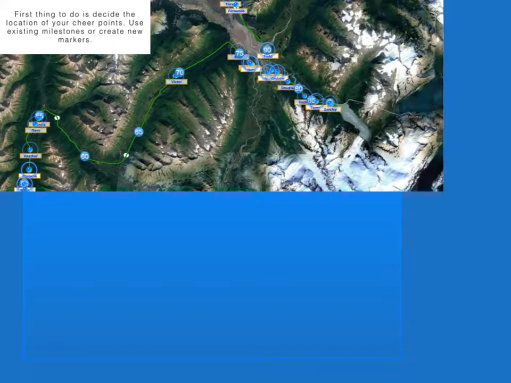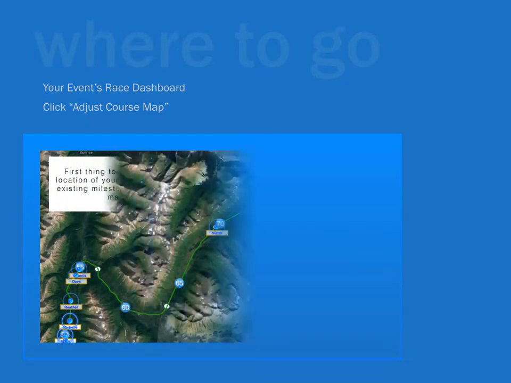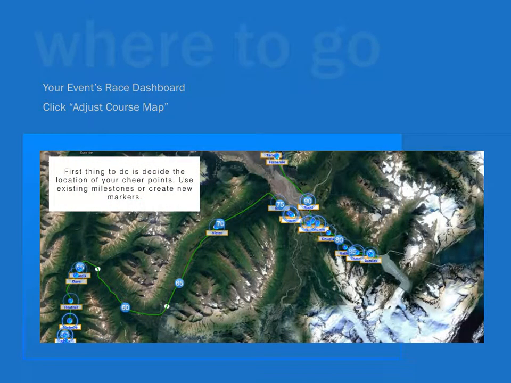It's super easy to add cheer points to your course in RaceJoy's mapping tool. You simply apply the cheer points to the map you have loaded in RaceJoy by going to your race dashboard in the map area and click Adjust Course Map. First, you need to decide the location you want the message to play. You can either add a message to play at one of the existing mile markers or at any place in